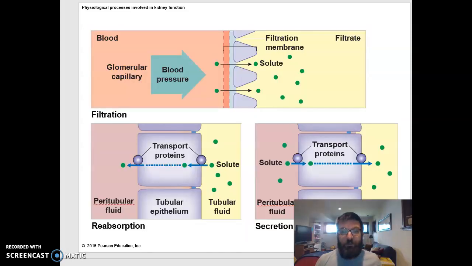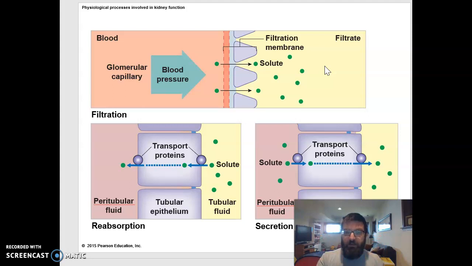So let's review the functions of a nephron, and then we'll walk through the nephron anatomically and talk about where and how those functions occur. So the first function of the nephron is filtration, and that occurs in the glomerular capsule. Right? Blood enters the glomerulus, those capillaries that make up the glomerulus, and it has a lot of pressure, and that pressure, that hydrostatic pressure, pushes a bunch of stuff out into the filtrate, which is captured by the glomerular